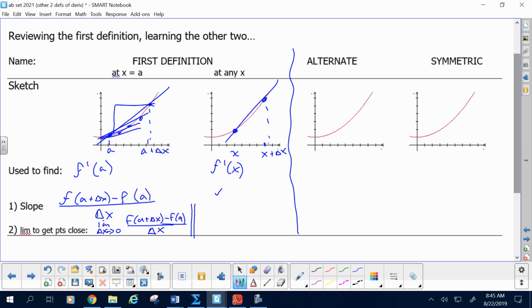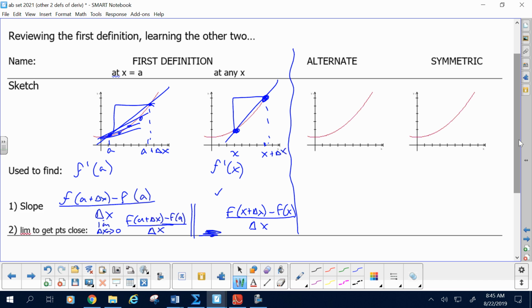Let's bypass the slope thing and just go straight to the whole thing. What is the slope between the 2 points? What's the change in y? Leave a little space here for our limit, okay? Leave a little space there. We're going to write the limit there. But what's the change in y's? What's this y value? F at that x plus delta x minus this y value, f of x, over delta x.